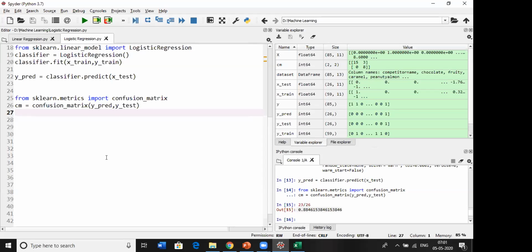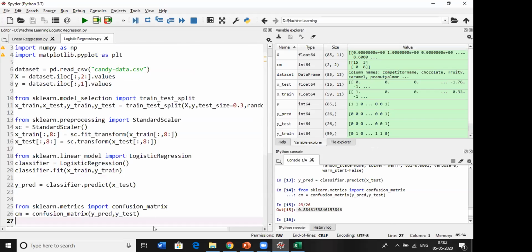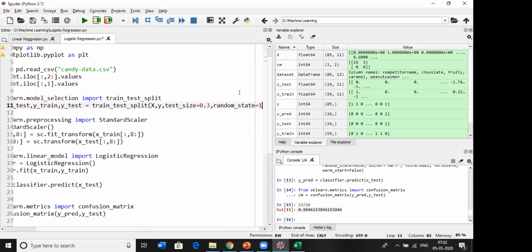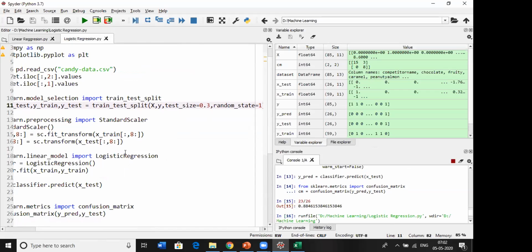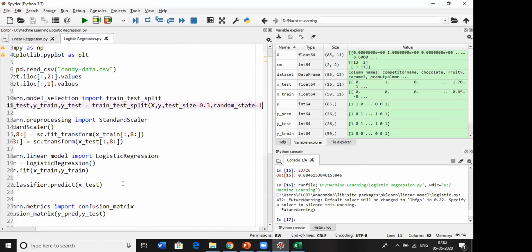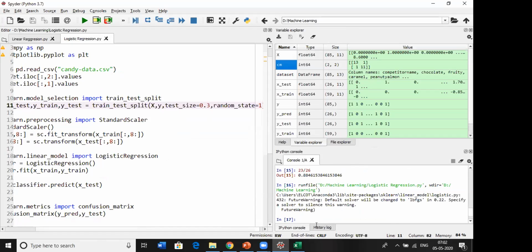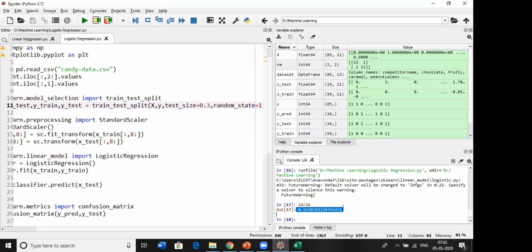We can improve our accuracy by changing the test size and random state. Let's change the random state to 1 and see what accuracy we get. Now it is 13 plus 11, 24 correct, and 2 wrong. So 24 divided by 26, and now our accuracy is 0.92. Like this we can improve.